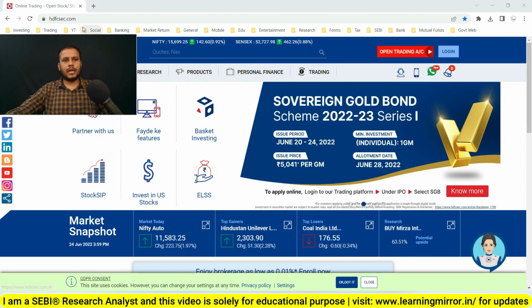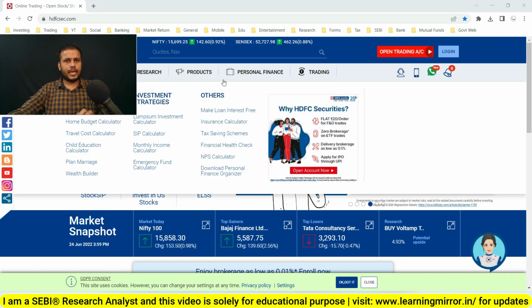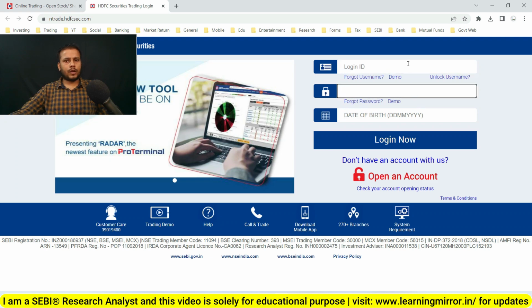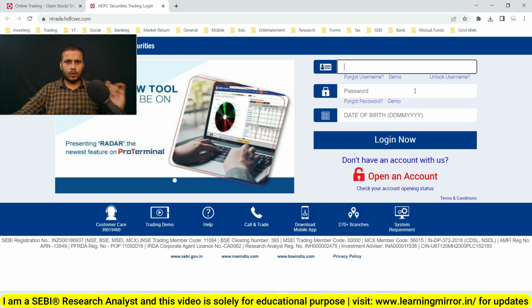First of all, you have to log in to hdfcsec.com. Once you go to hdfcsec.com, this page will open. Click on login. Once you click on login, you have to provide your login ID. Your login ID is the same as your bank customer ID, net banking customer ID. If your account is old enough, then please click on forgot username, provide the details and find your username login